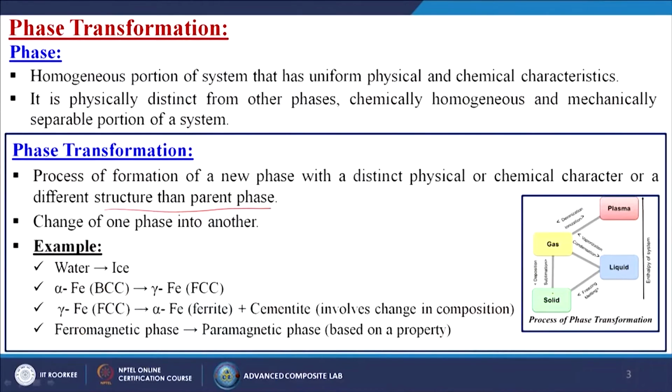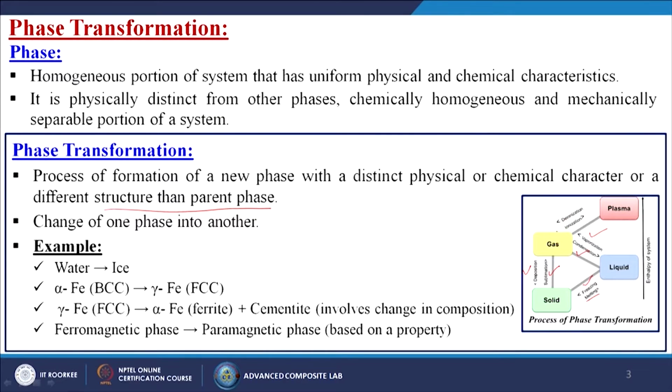This is what I also discussed in our last lecture: if I go directly from solid to liquid, I go through melting, and from liquid to solid I come through the freezing process. Liquid to gas is the vaporization process, and gas to liquid is the condensation process. If I go from solid to gas directly, it is called the sublimation process, and from gas to solid, it is called the deposition process. And if I go from gas to plasma, which we generally think of as the fourth state of matter, or fourth state of any kind of material.